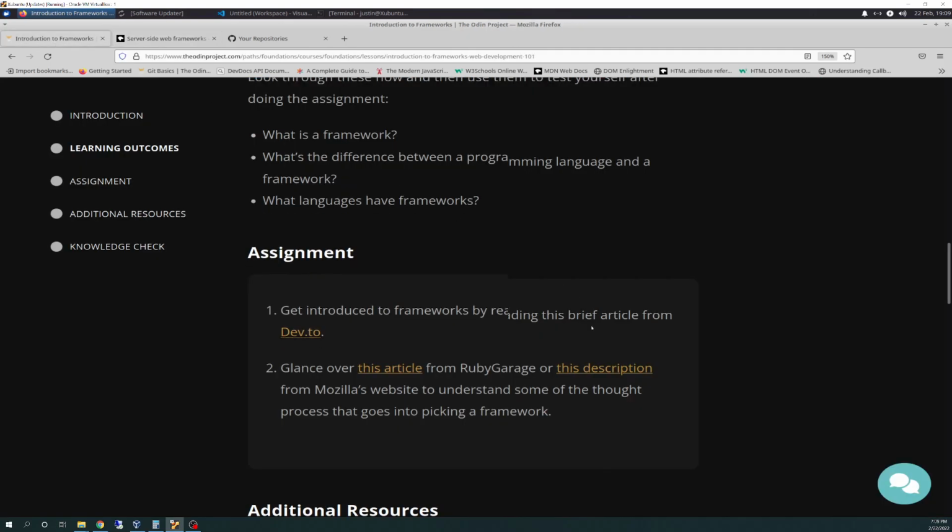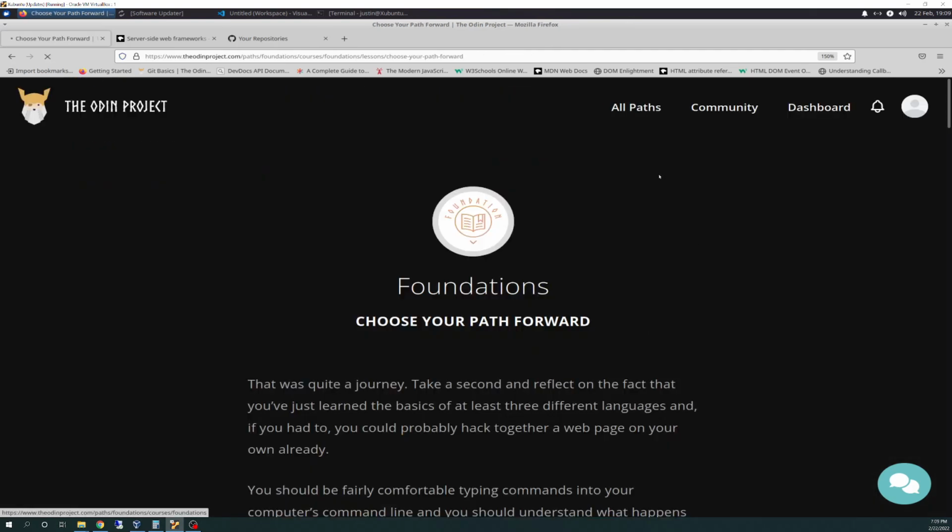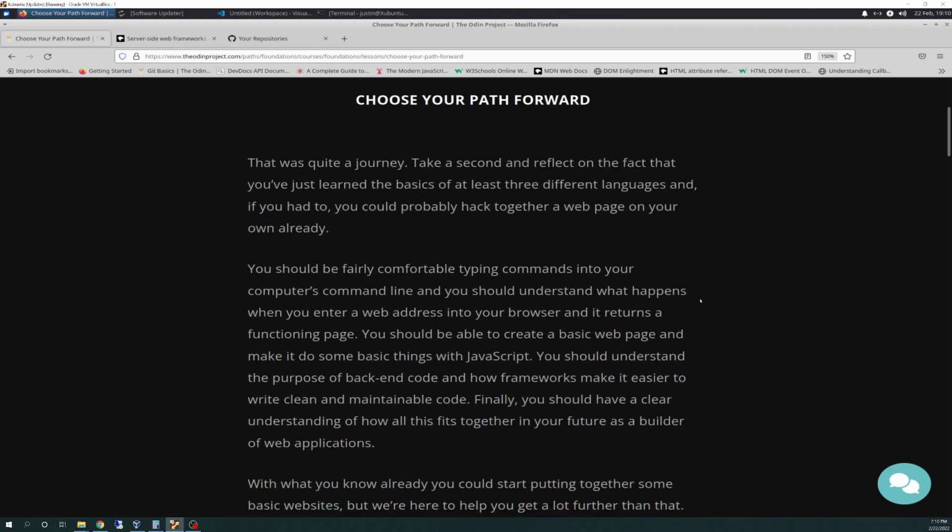So we get to the bottom here, and we go to next lesson, and it basically says choose your path forward. In a nutshell, this just talks about don't get stuck on a programming language. Stick with one and learn it.